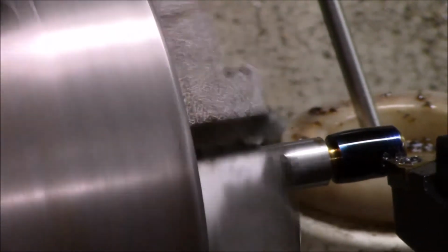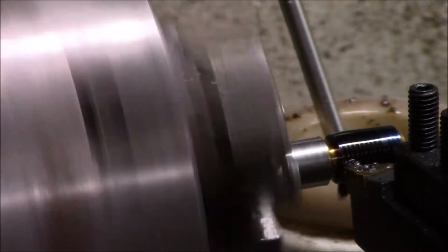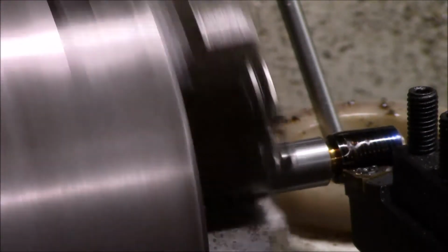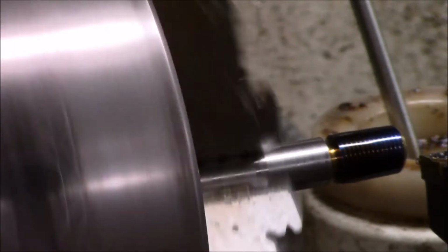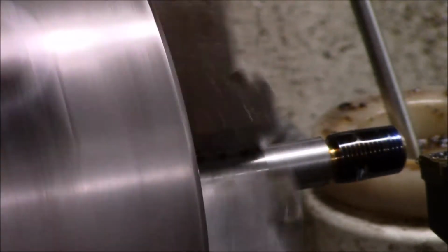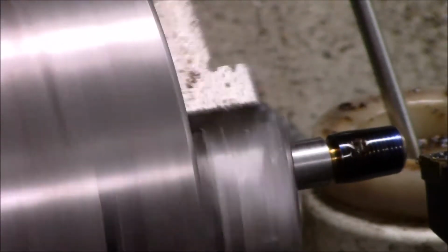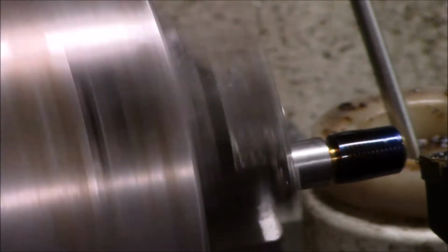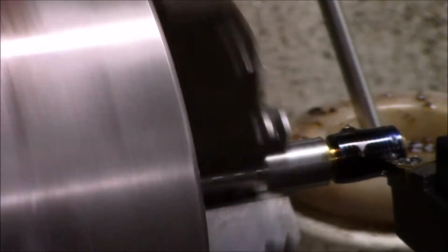I'm just taking light cuts. The stainless is pretty tough and mean stuff. So take 2 to 3 thousandths at a time is all I'm going to do. And it's a little easier on this. I don't have the deflection that I do on a quarter 20 when I'm doing the hammers. But still, the stainless is so hard, I don't want to go in there and literally